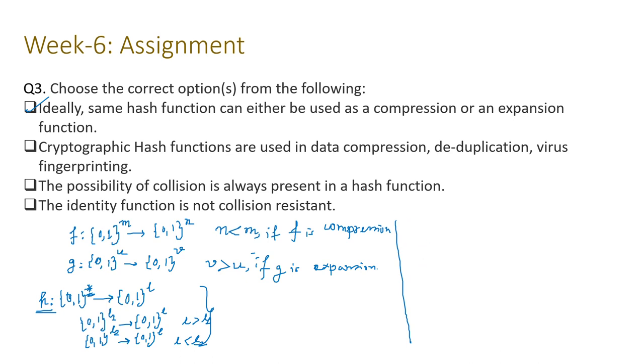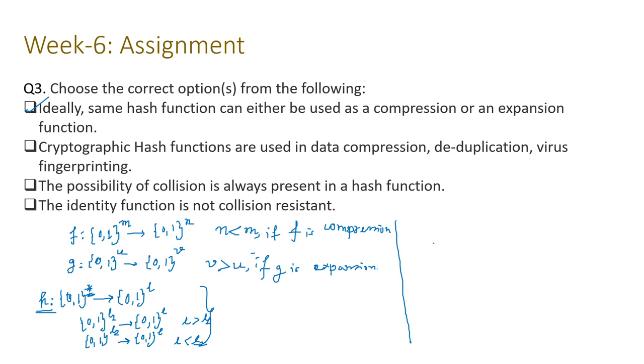What about data compression? You have a variable length of data, you can get a digest of that data by compressing it, right? Let's say you have two files of different lengths, but the hashes of those files have the same length. Also the collision resistance property is necessary here, because two files should not have the same hash value or digest value. So yes, a cryptographic hash function can be used in data compression, this is true.